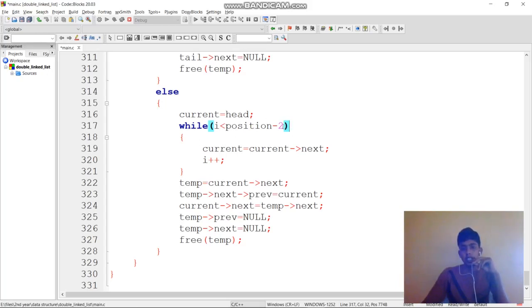If you consider 3, then 3 minus 2 is 1, so is 0 less than 1? Yes, it will go on, and current points to the second node. Now i becomes 1. Is 1 less than 1? No, it will go out. Now it is pointing to the second node.